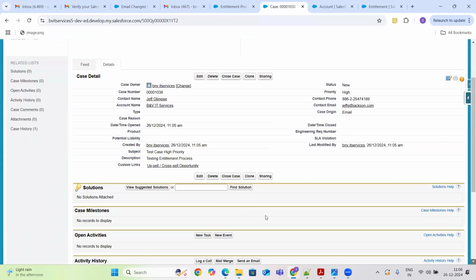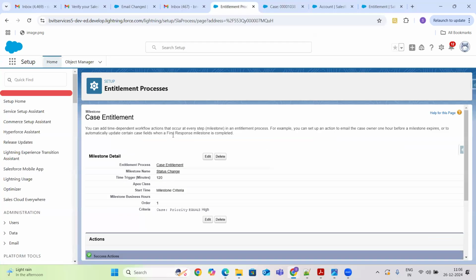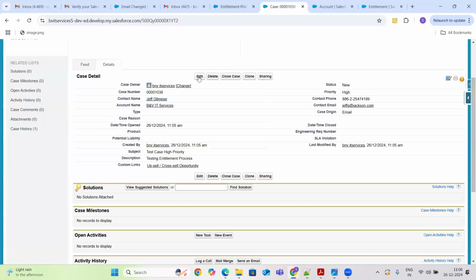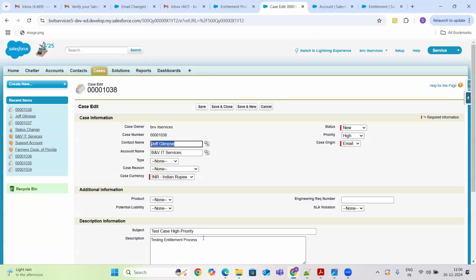Still no milestones, guys. In such case, the thing that we need to see is it satisfies the entitlement process entry criteria. So entitlement process is based on the custom date time field on the case last modified date. It's not created date. Okay. It's like last modified date. Okay. So let's try to edit this one and modify something. Okay.